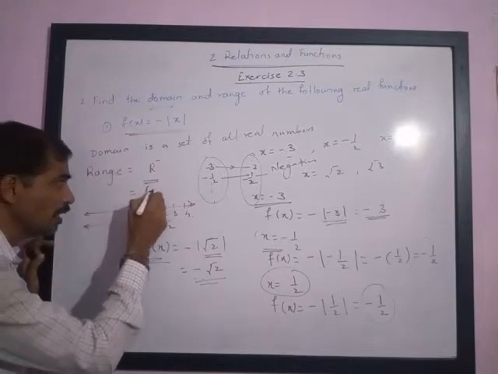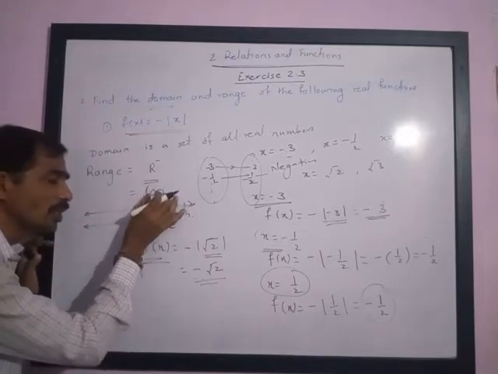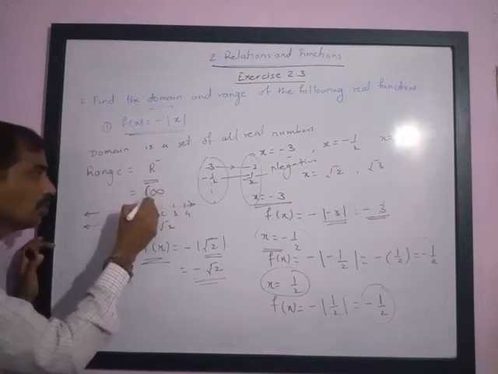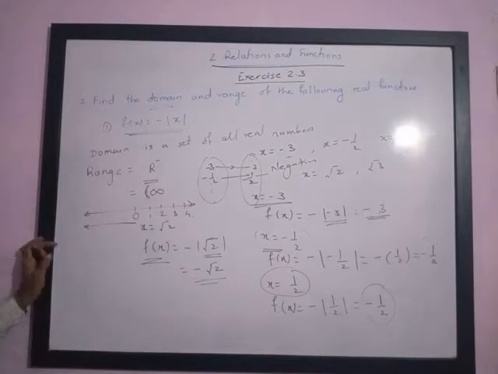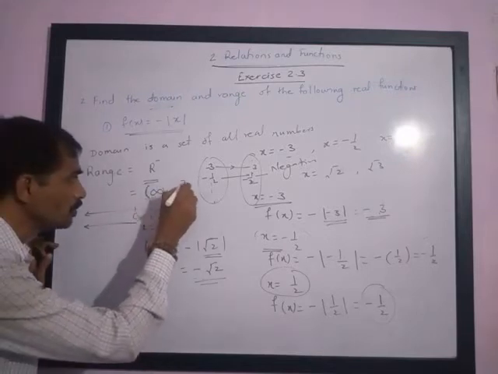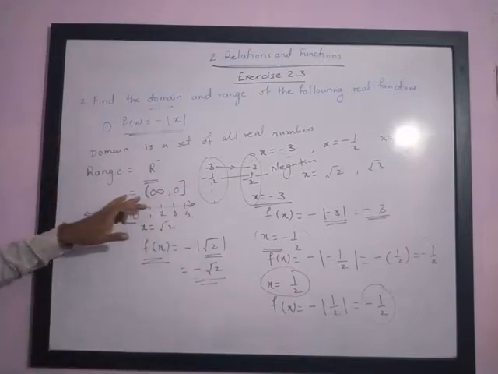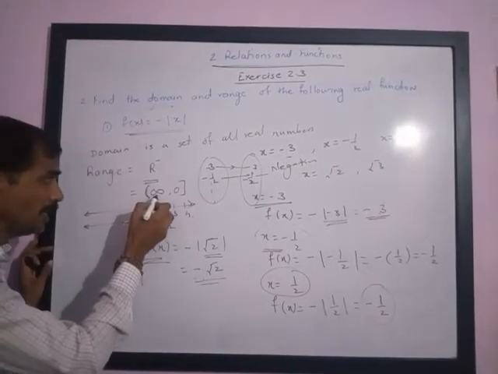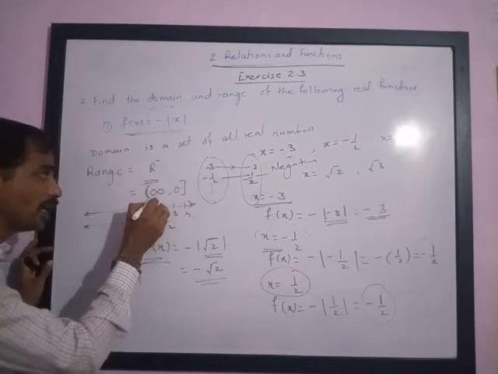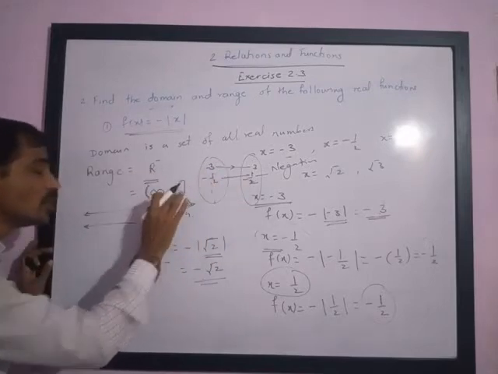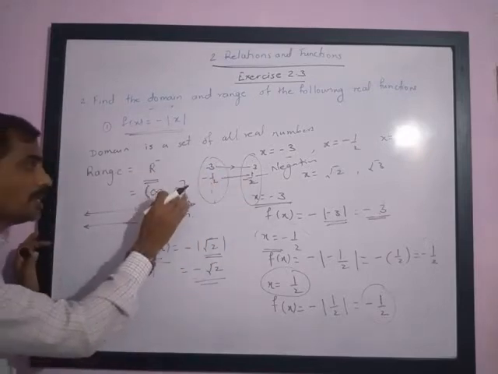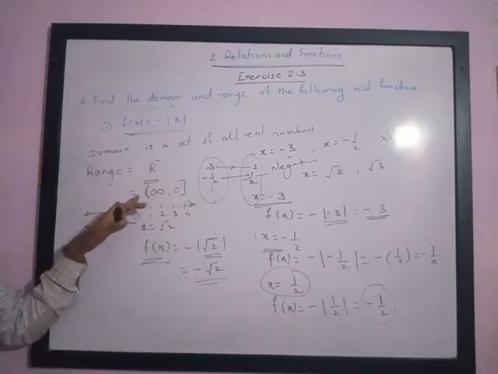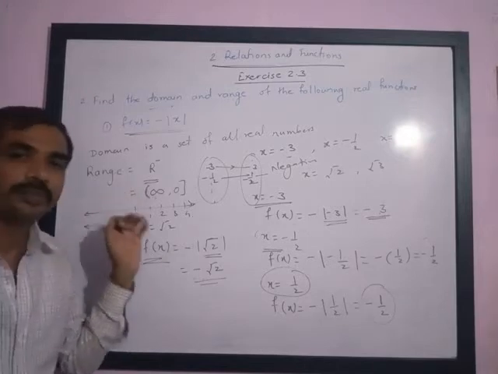I am writing infinity. Please note it is an undefined number, hence we cannot include it. It is excluded. Round bracket means it is excluded, to 0, 0 included. So you will see that the range contains negative infinity not included, to 0 included. Please try to understand this. Close bracket and open bracket we have already seen earlier. If you have not understood, you can watch the earlier videos.